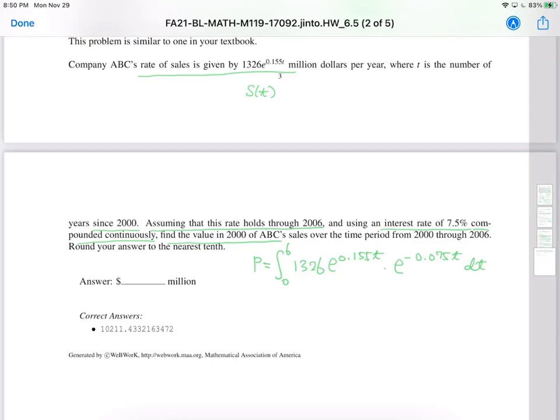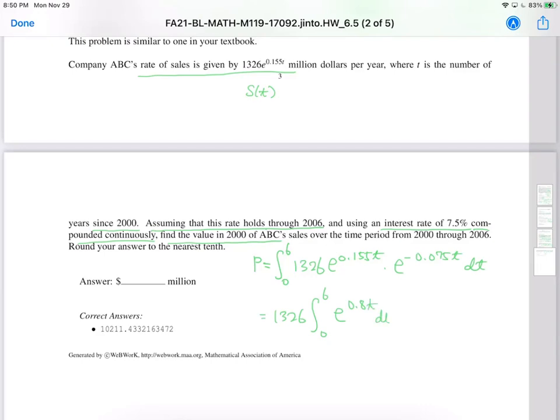Okay, so we're going to compute this one. This is 1326. You can plug in your calculator, or you can simplify a little bit. This is exponents with the same base, so just add the exponents to simplify it. So 0.8